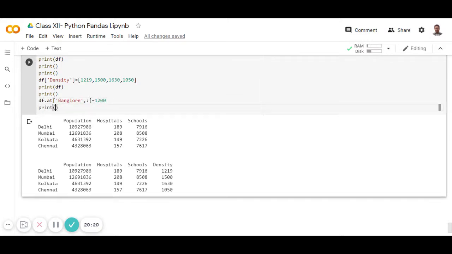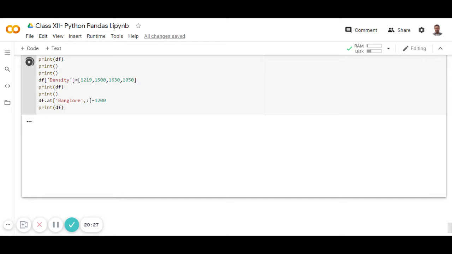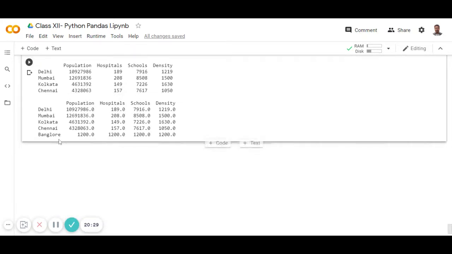Print df. Okay. So you can see that a new row has been added with value 1200, right?